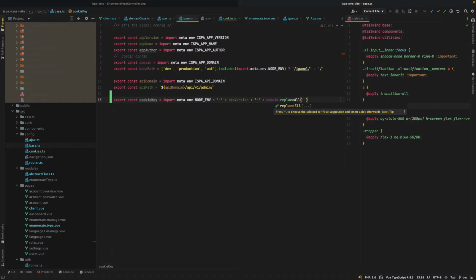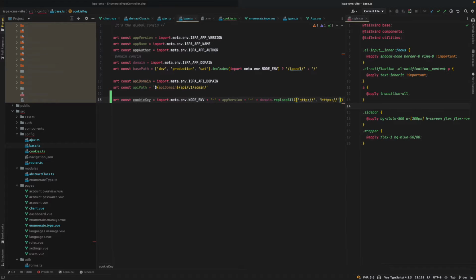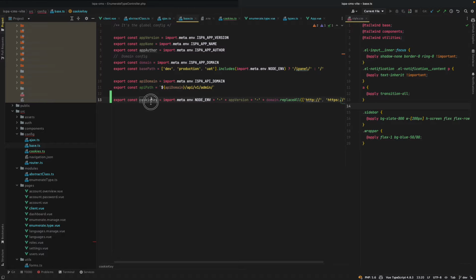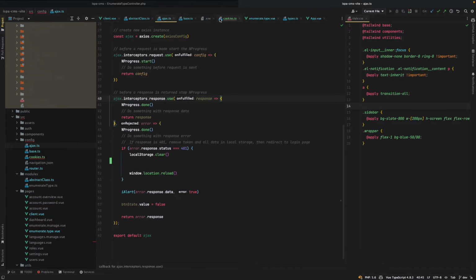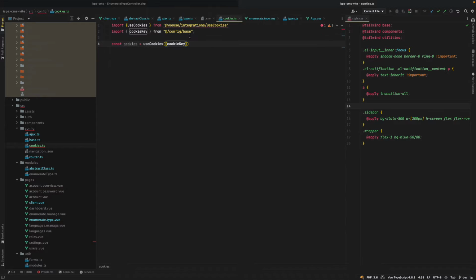Yep. Here, with the cookie key here. I have to import this into here. Yep. And then we have the cookie config equal